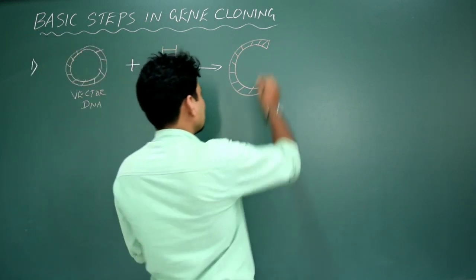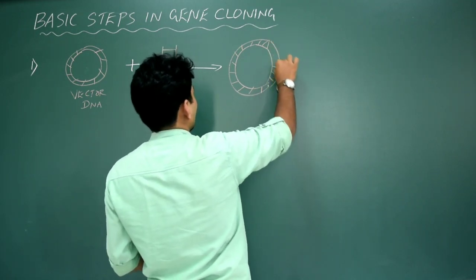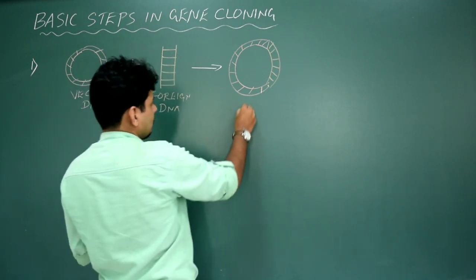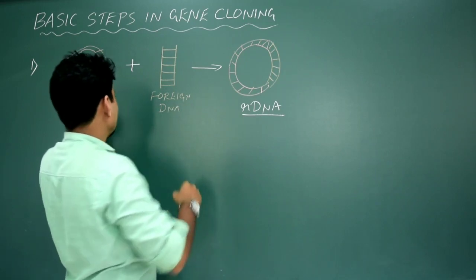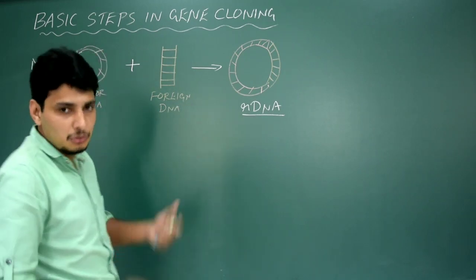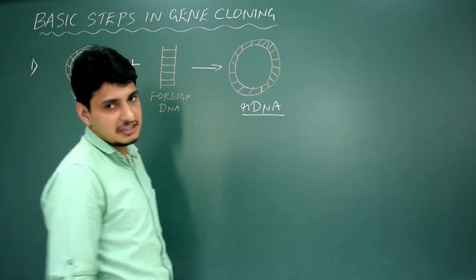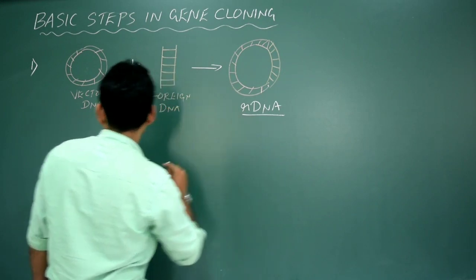Next, what I am going to do is add the ligase. For this I need one enzyme, the ligase, not required now. Because of the addition or ligation of this foreign DNA into the vector DNA, I got a new DNA called recombinant DNA, which is the combination of two different types of DNA. You know it? Once I have formed this recombinant DNA,